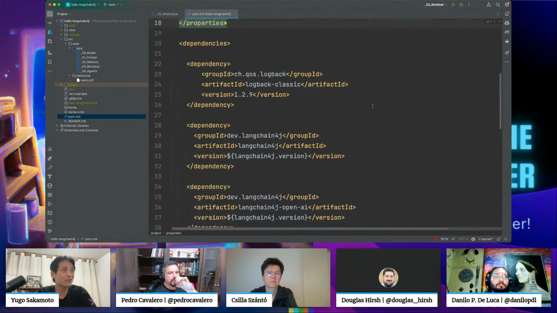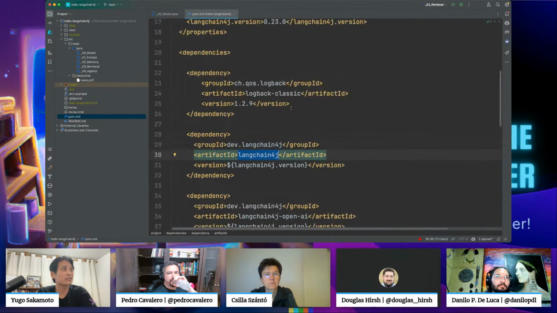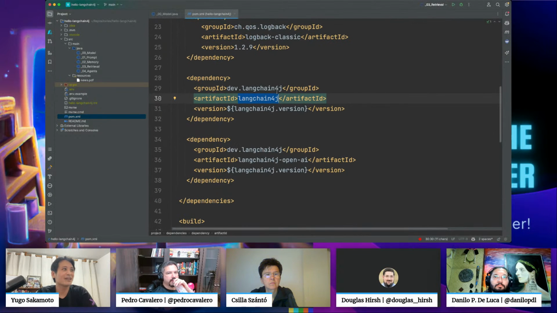For my examples, I just have to add two dependencies, the LangChain4j one, from dev.langchain4j, and I'm using version 0.23.0. And since I'm using OpenAI to integrate with the models, I have to add the OpenAI dependency for these examples.